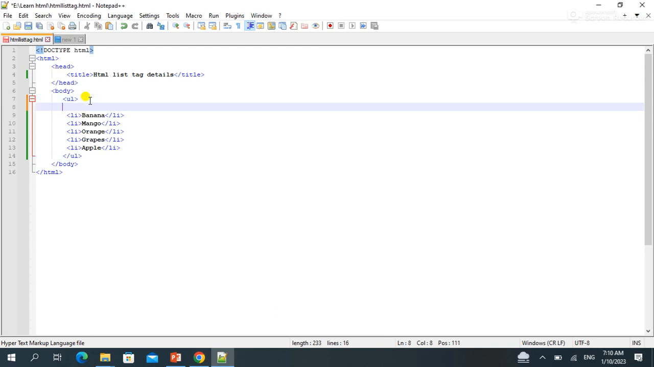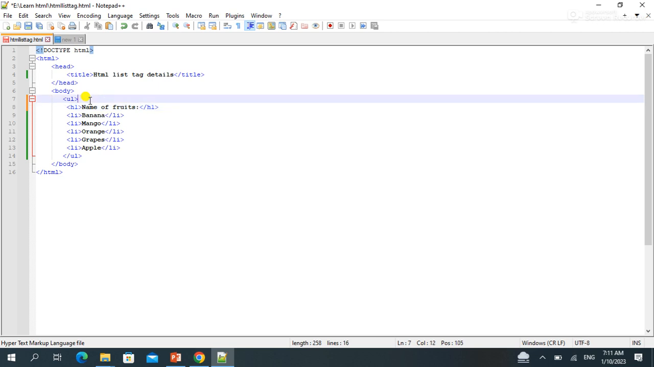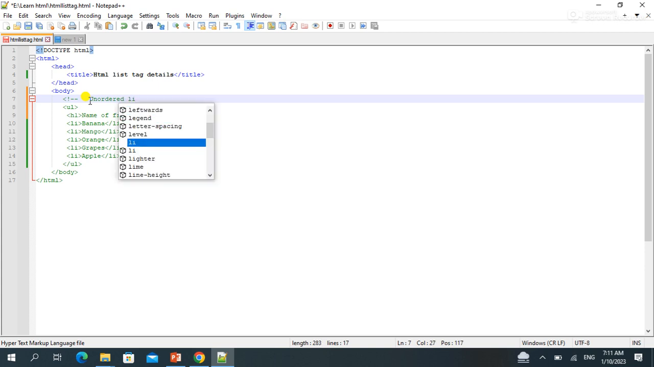So we should write here, inside an h1 tag, names of fruits, and also before UL let's write a comment, that is: unordered list tag is explained below,